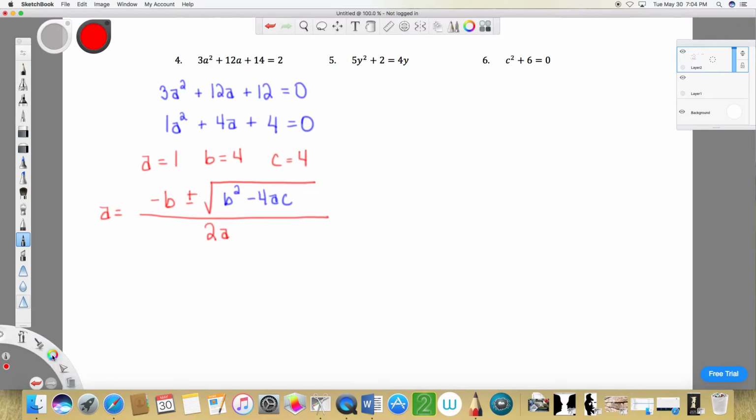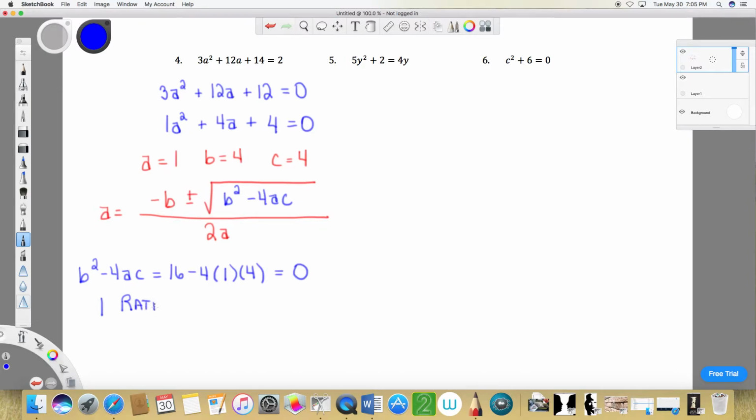So if we come in and find this number, this b squared minus 4ac, we've already identified a, b, and c. So b squared, 4 squared is 16, minus 4 times a is 1, and c is 4, and this is 0. So with the discriminant of 0, you have a solution of the opposite of b plus or minus 0, because the square root of 0 is 0. So this tells us that we're going to have one